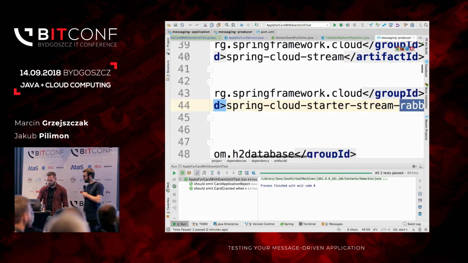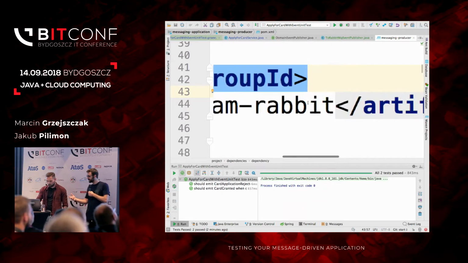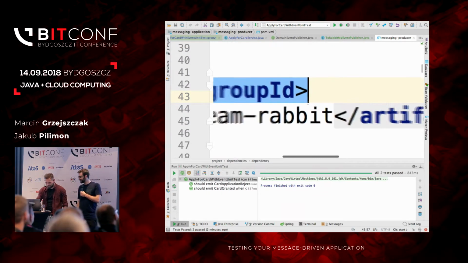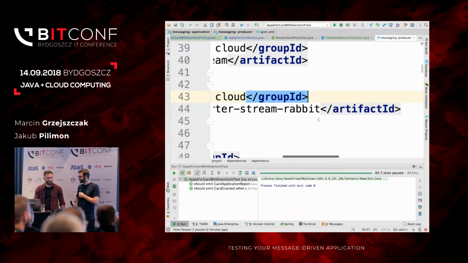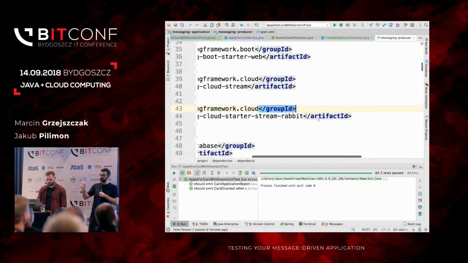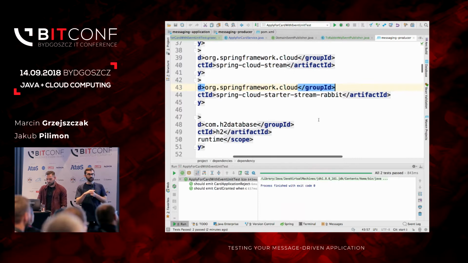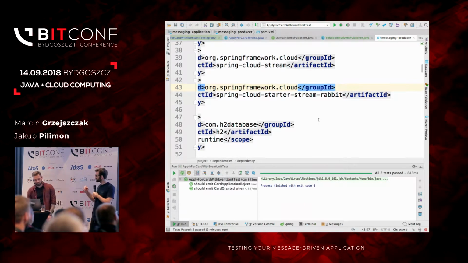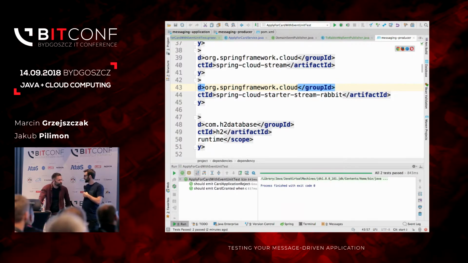What does it mean? It means we're telling Spring Cloud Stream that we're going to be using Rabbit as the implementation. So there's no notion of RabbitMQ inside our code whatsoever. We just say we want to send a message to this channel, and under the hood it's going to send the message to Rabbit. If we wanted to change from Rabbit to Kafka, we would just change that dependency and no code would be changed. So this is what Spring Boot users call magic. It's called technology. It's magic for people who don't read the documentation.